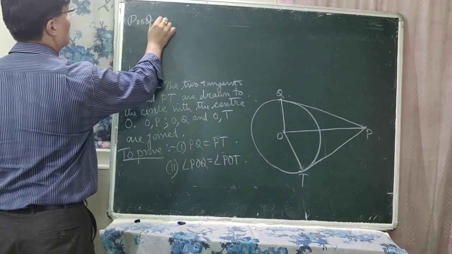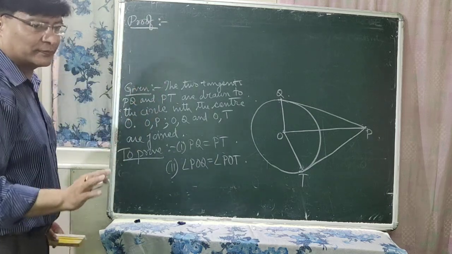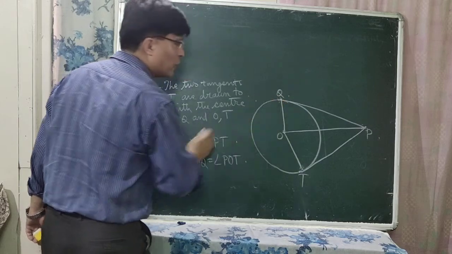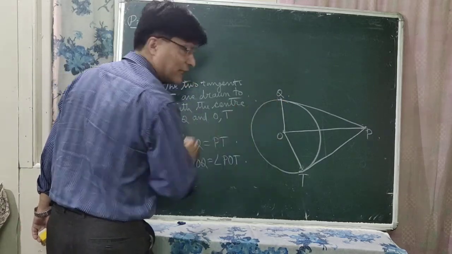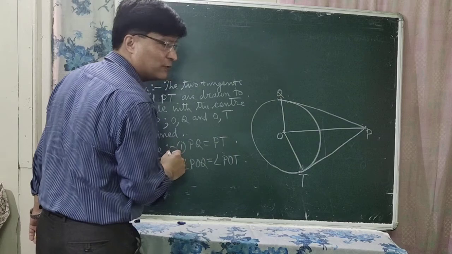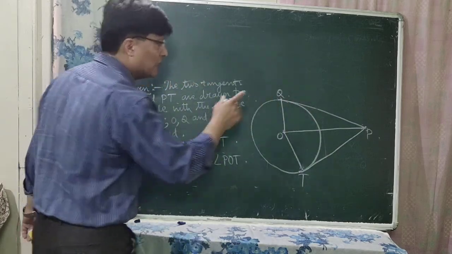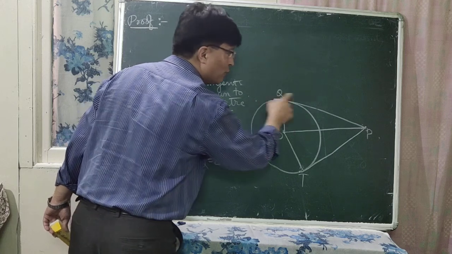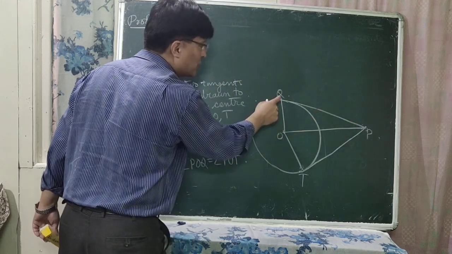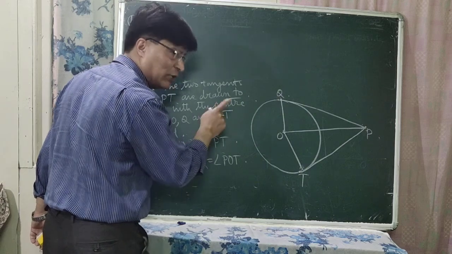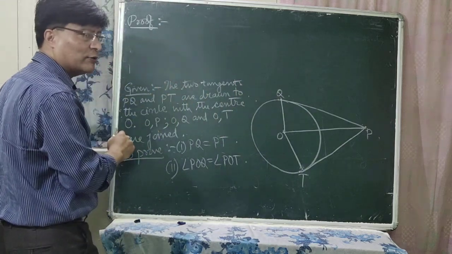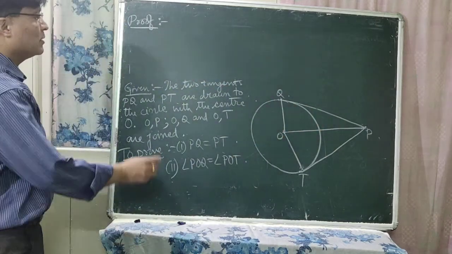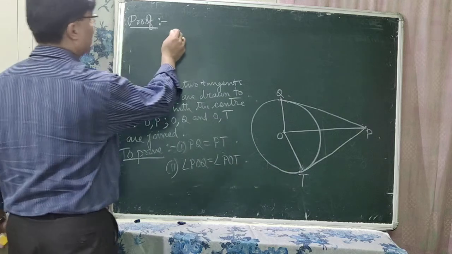Proof. No construction is needed out here. Right? So now what we will do here is, Q is the point of contact and OQ is the radius and PQ is the tangent. In this case, PQ is the tangent to the circle at the point of contact Q from the point P, and OQ is the radius at the point of contact Q. So from the previous theorem, what can you write? OQ is perpendicular to the tangent PQ. Okay, so let us write here,